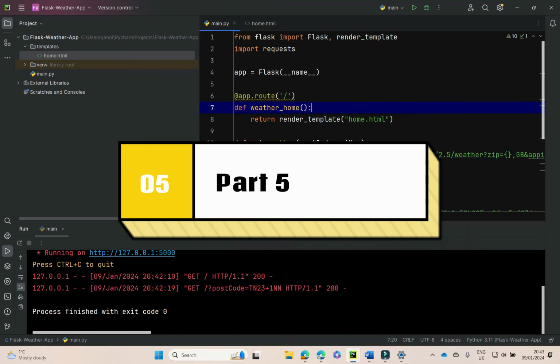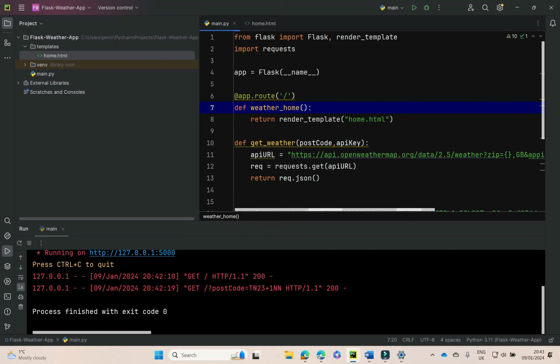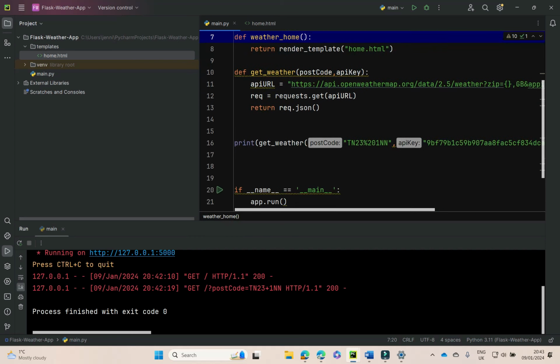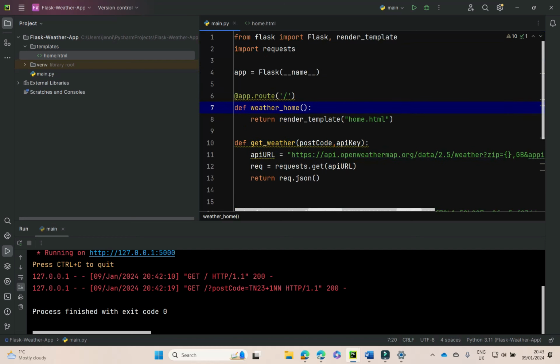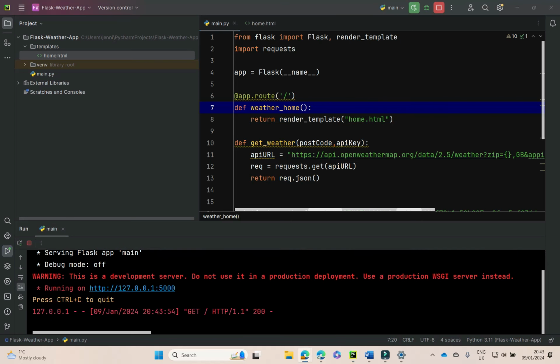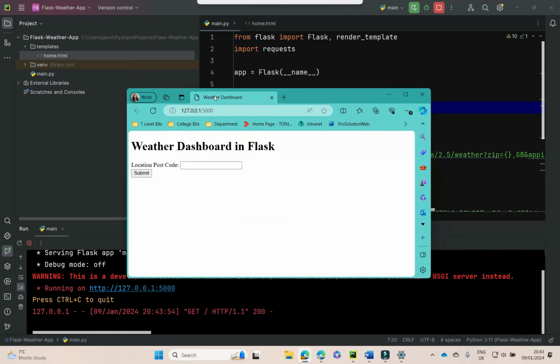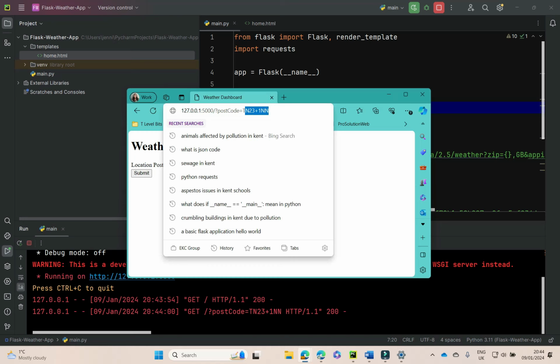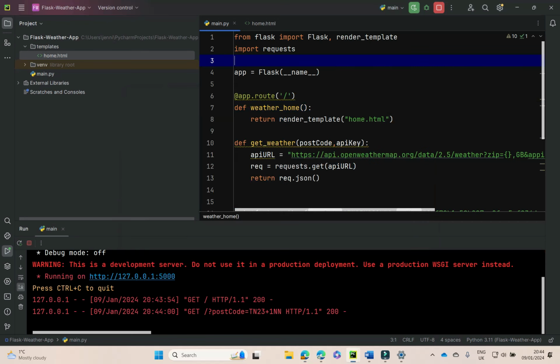Okay everyone, so now we've managed to generate a URL. Okay, so we've got some data, but we have to hard code that data in at the moment. What we want to get to a point that we can do is that when we run this app and we click on the link here, we want it to take whatever value we enter in here. So when I enter my postcode in here, I want to get that value automatically passing through to my Python. And this is where we're going to start creating our second page, so our results page, and we're going to get this value from our form that we created earlier